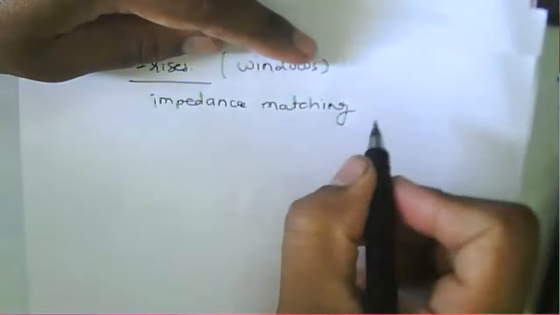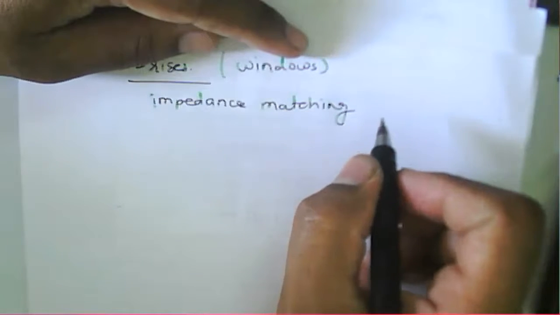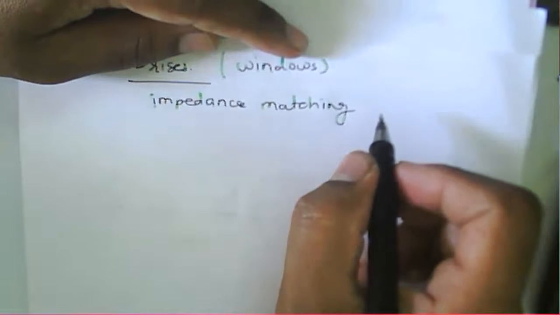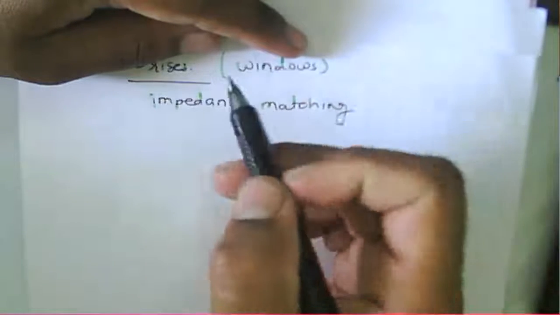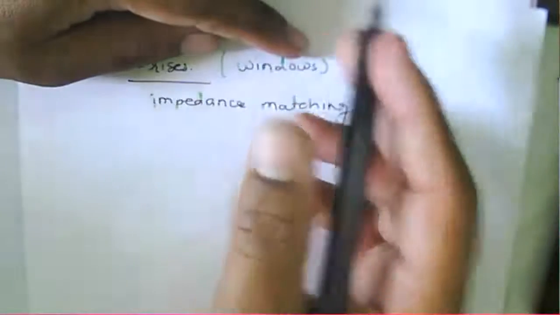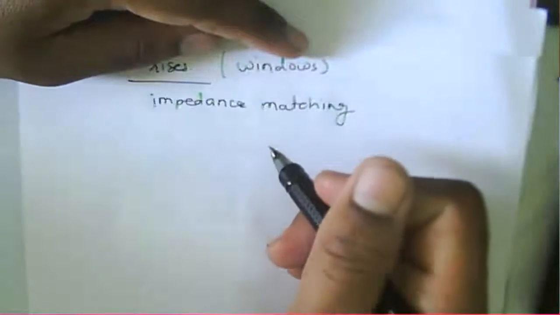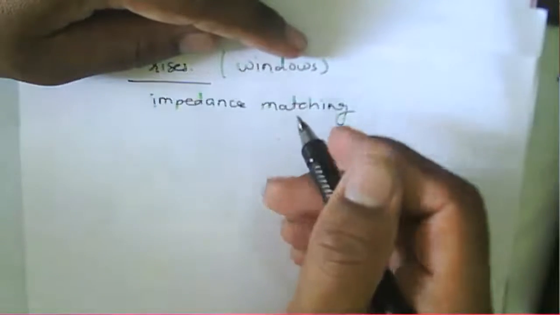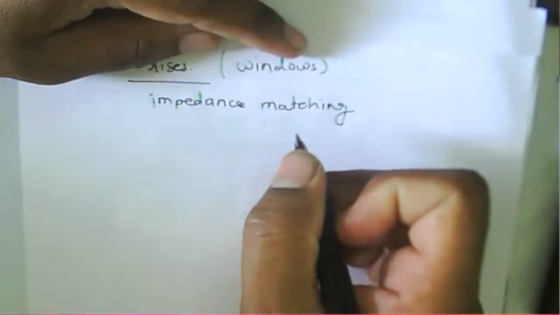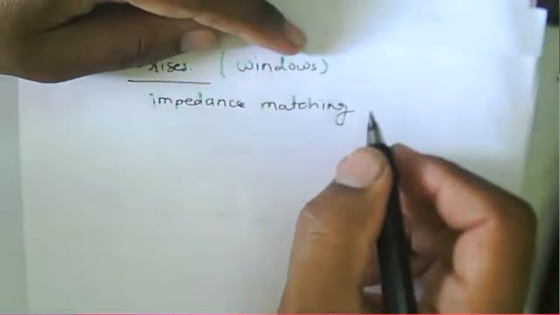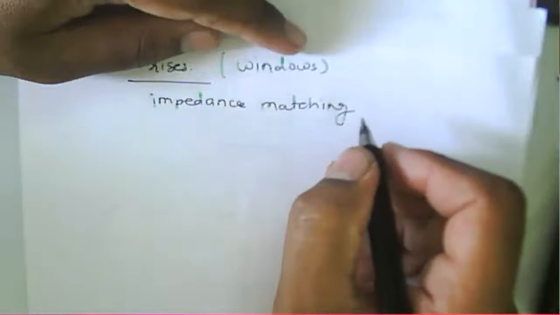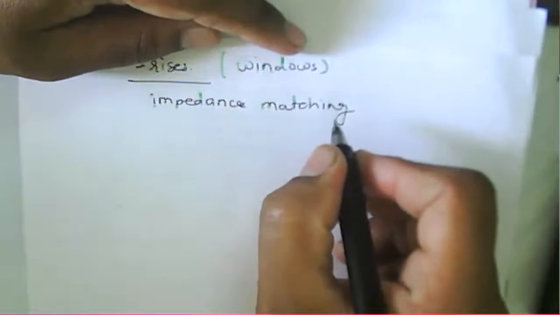Impedance matching means what? In a transmission line, you have learned that impedance matching is done at the load, where the impedance is to be matched. So before that load, at a place of lambda by 4, lambda by 2 or lambda by 8, you have considered that a small section is to be inserted. That can be a quarter wave transformer, or a stub. Using a single stub or a double stub, you can match the impedance for the transmission line.